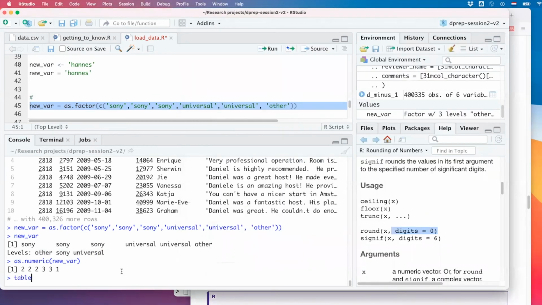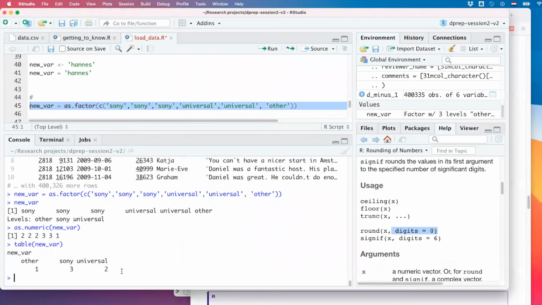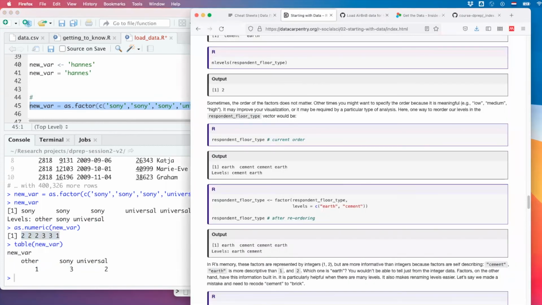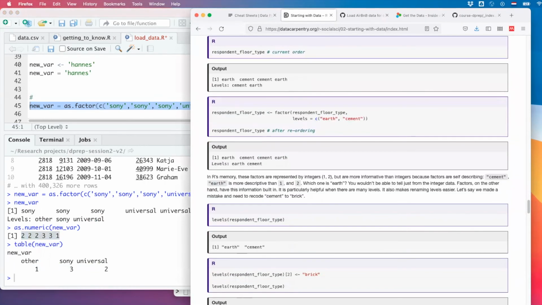Another cool thing about these is that lots of stuff is pre-computed. So if you look at the frequency distribution by doing table, it is computed very fast because all it needs to do is counting numbers and not counting letters. It's way more memory efficient. Think about having a data set which is really big.